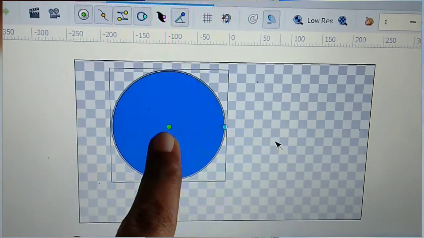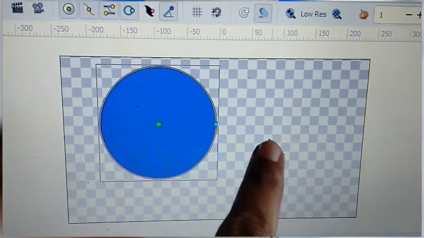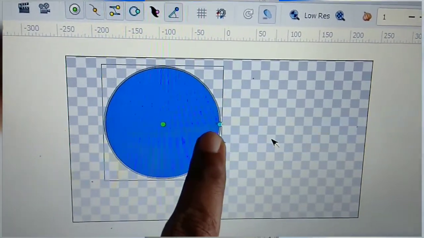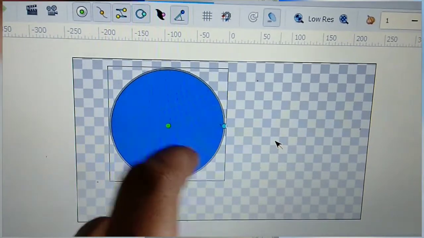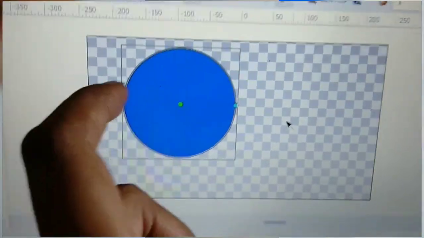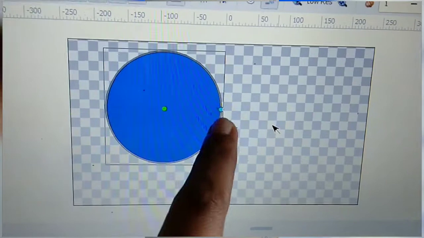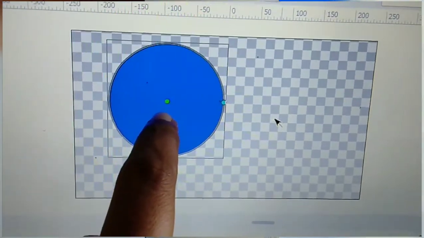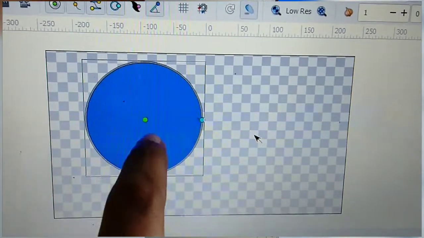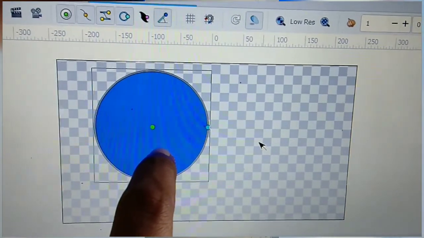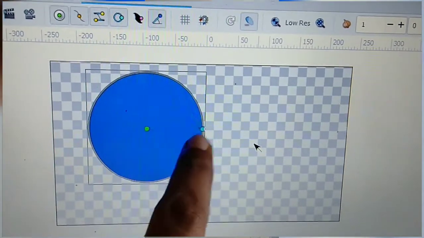First is in green color. The green duck is used to change the position of the object, and second is in blue color. It is used to increase and decrease your object. It is used for radius and it is used for center. Clear? It is known as circle. Mind well, duck, most important MCQ. Duck means what? Small circle.